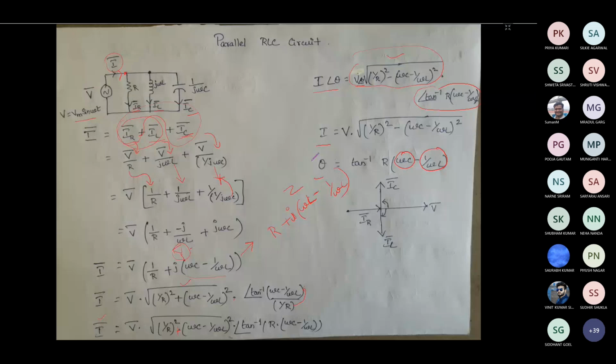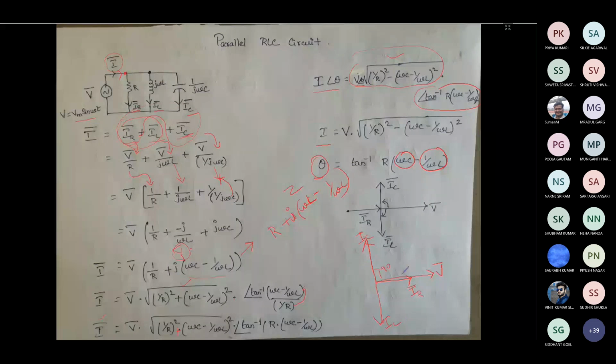Okay, so as per our previous knowledge, if theta is positive, the circuit is more capacitive. If theta is negative, the circuit is more inductive. If you take voltage as a reference, the current through the resistor will be in phase with the voltage phasor, and the current through the capacitor will be leading the voltage phasor by 90 degree. So this is 90 degree, this is IC, and the current through the inductor is lagging the voltage by 90 degree.